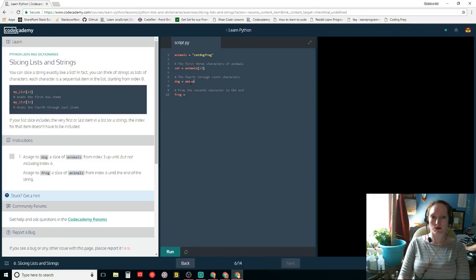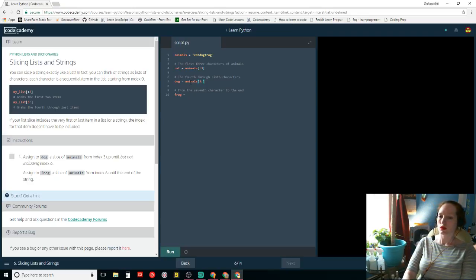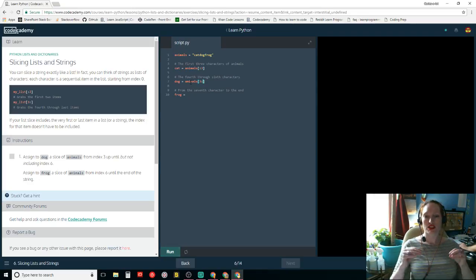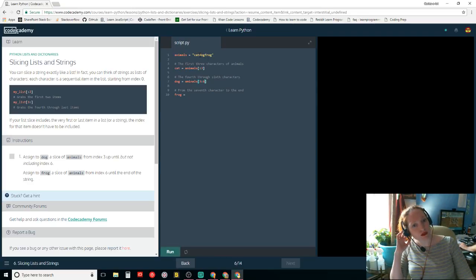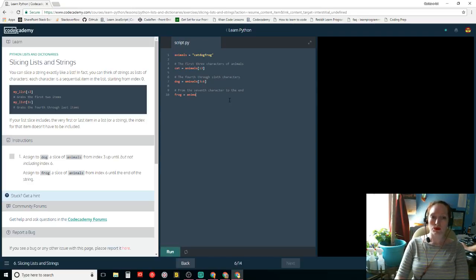Dog is going to be animals 3 through 7. But not from index 3 up until, but not including index 6. But that's not going to be dog. Is that right? 0, 1, 2, 3, 4, 5? Yes, it will be.